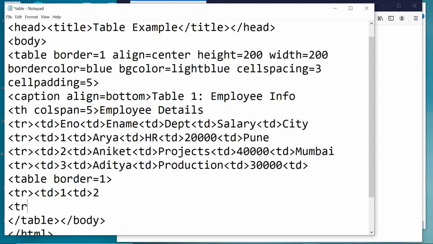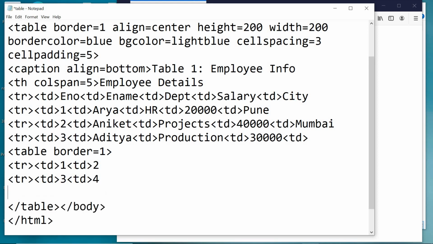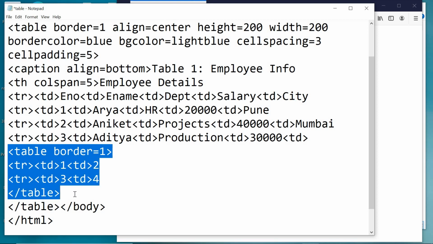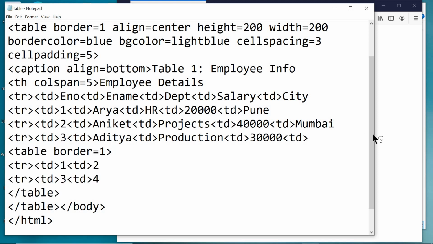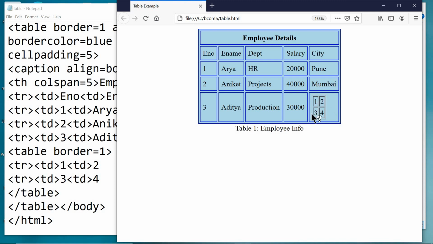Again second row TR, here TD3, then TD4. Later we have to go for closing of table tag. This part is nested inside the another table. Save this one, back with the browser, reload, and here we can see the nested table inside a cell.